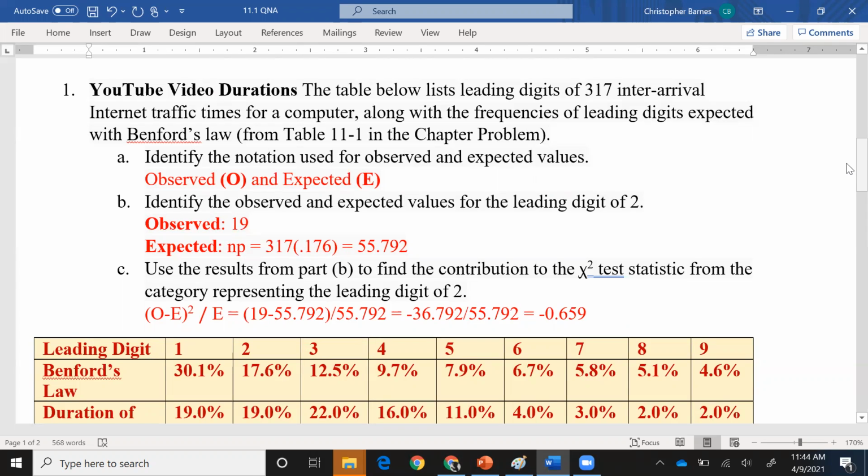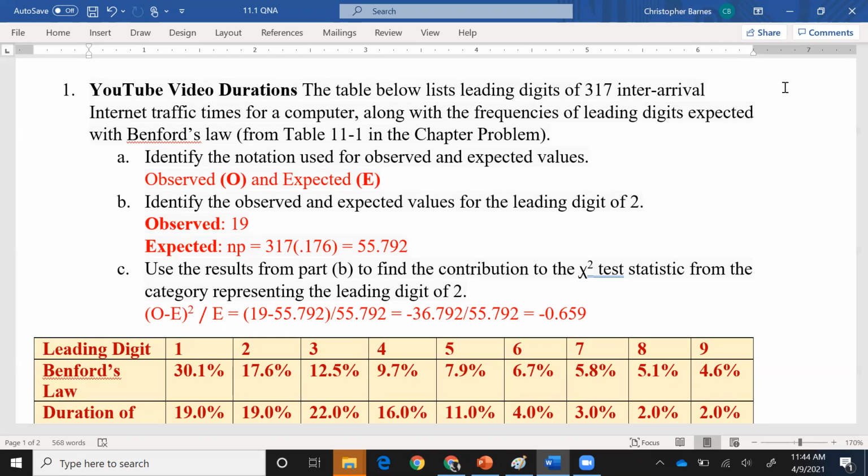But I think this video just really helped us get into understanding Benford a little bit more in something that's kind of irrelevant. And then for the Essence of Statistics homework that we did, then we kind of go back to that same concept. We're looking at the YouTube video durations, which was just communicated to us, right? Just communicated to us. All right, so what's the first question that we have?